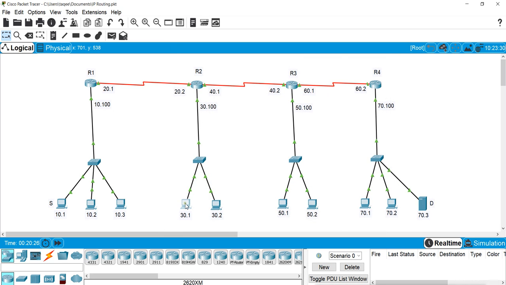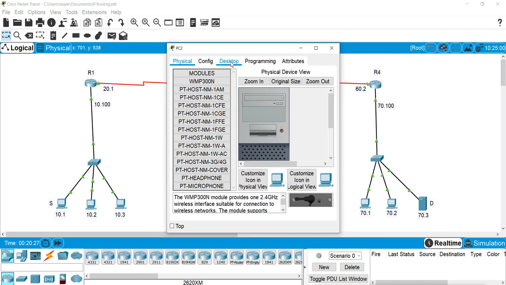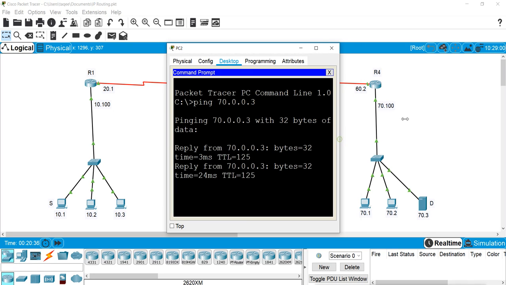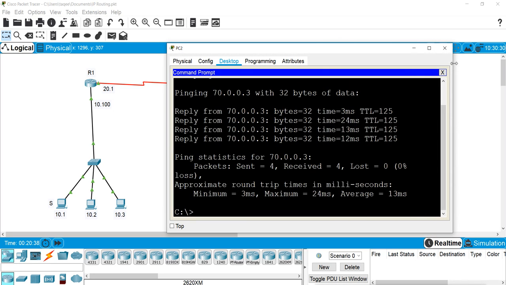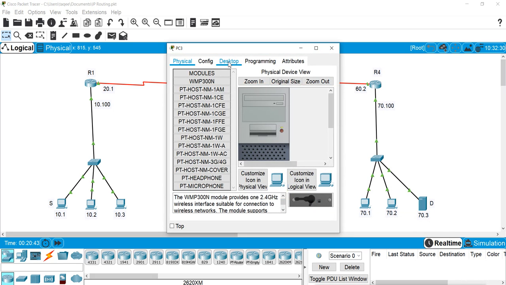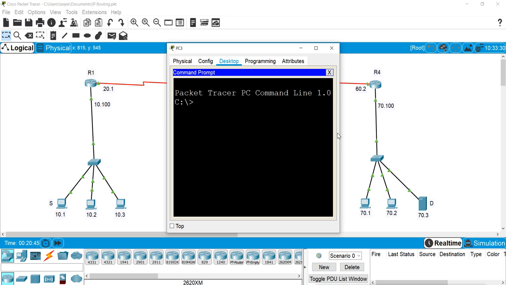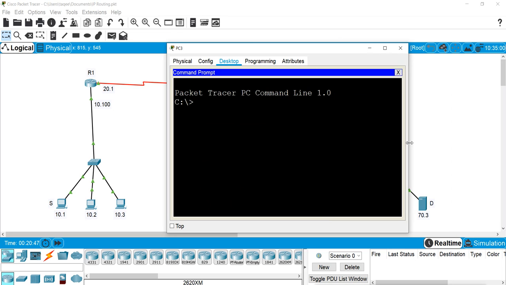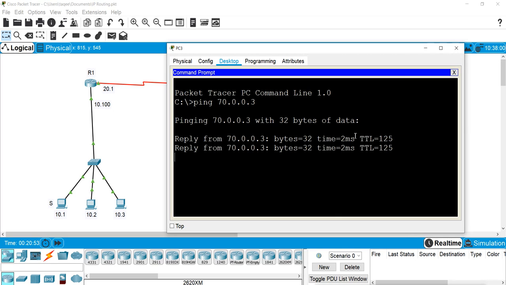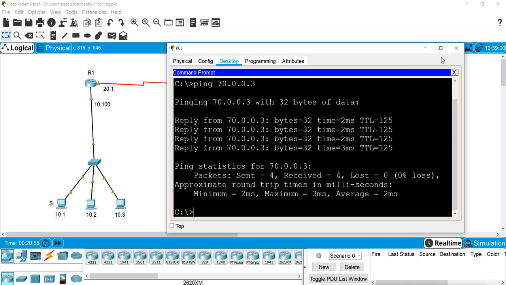I will check from this machine here, and this one can also access, and this machine, this one can also access.